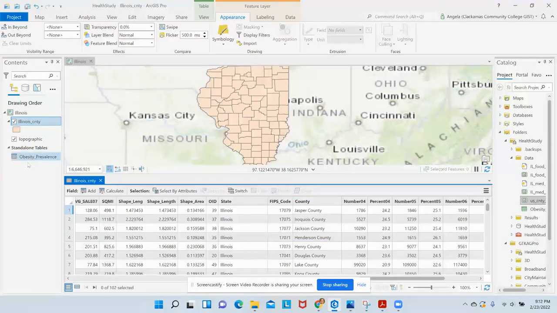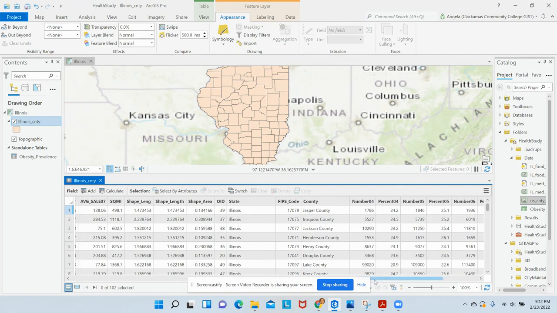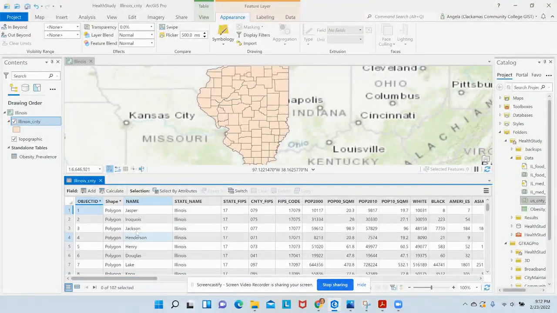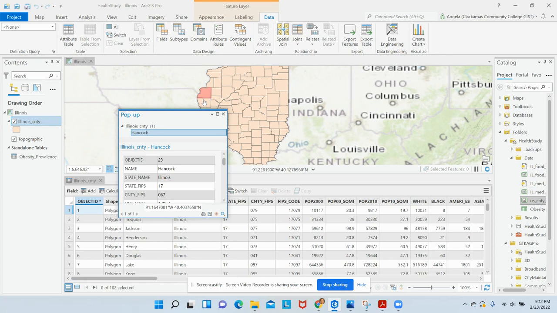The nice part here is that although this data table was given to us, it didn't have any spatial data associated with it, any spatial foundation. We joined it with ours that does, which is really nice. Let's make sure that these FIPS codes match up. So we're looking at Jasper County in this top column and Jasper County in the top column. So now we've got polygons that are associated with,